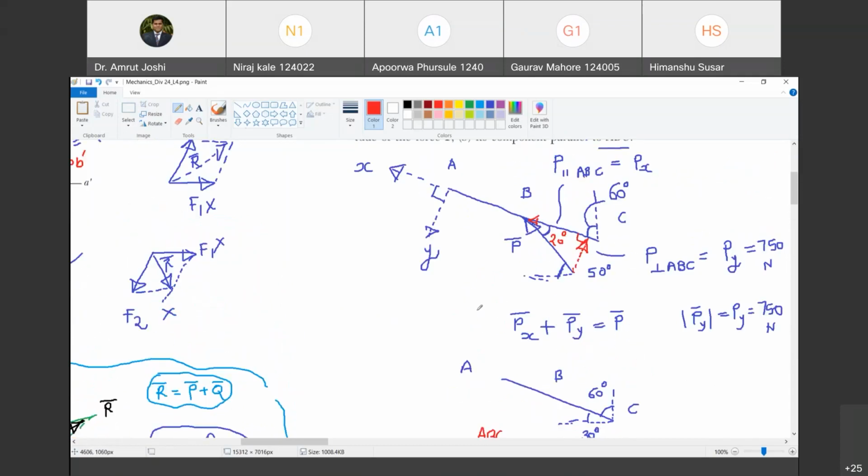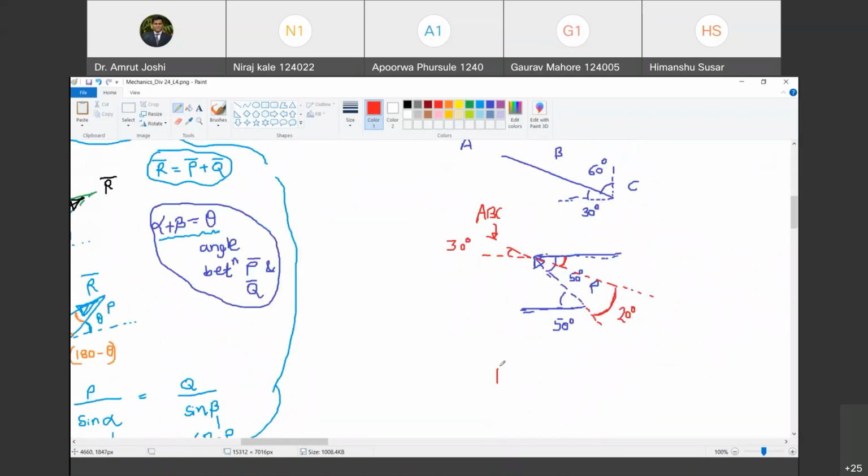Now, can we write down the component of this P in the direction perpendicular to ABC? तो जिसके बीच में थीटा वो कंपोनेंट cos थीटा. So the angle between P bar and X is 20 degree. So X component will be P cos theta and its Y component will be P sin theta. Do you agree with me?